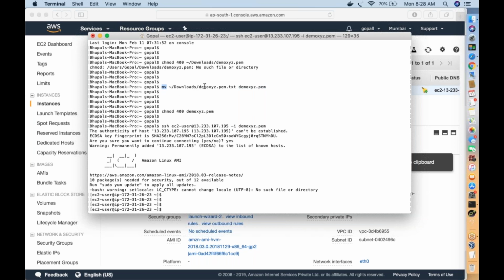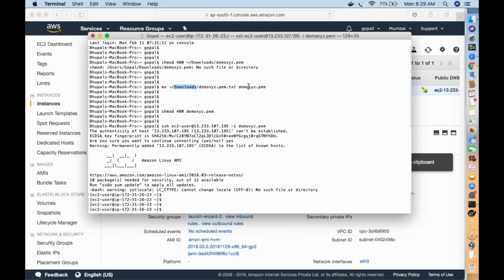For example, my file is under Downloads. I moved it into my home directory, and while moving, I renamed the file. So this command moved the file to your home directory as well, right?